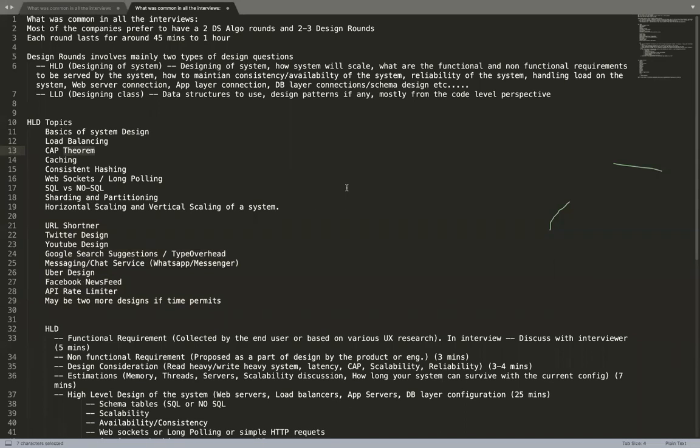Prakhar, one question. Go ahead. Can you spend 2 to 3 minutes on, based on the number of years of experience we have, the level of depth at which questions related to system design and design patterns are asked in interviews? It will help us gauge how much we are in need of this course.